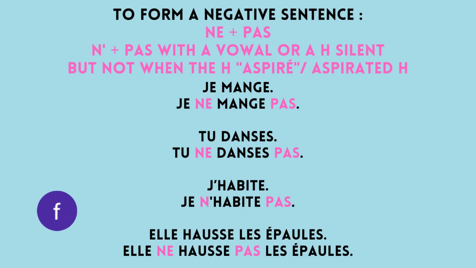The easiest rule, and the first one, is very easy. We just have to add ne and pas and have the verb in between. If the verb starts with a vowel or a silent H, we'll have to use n apostrophe and then pas. However, if the H is aspirated, and you must be wondering what that means,